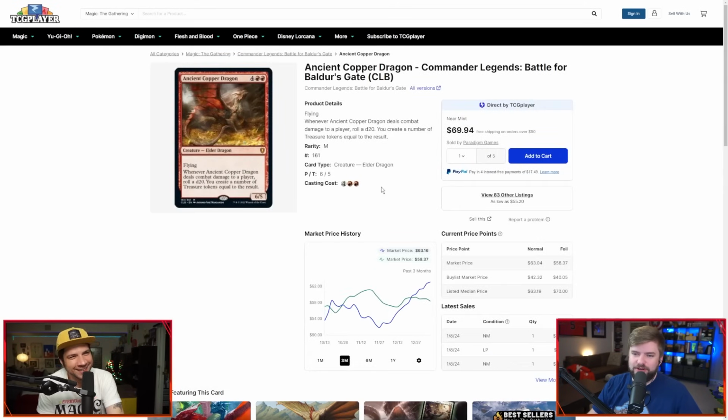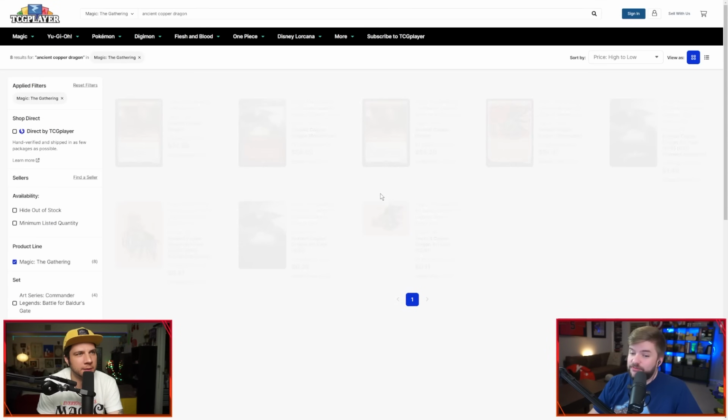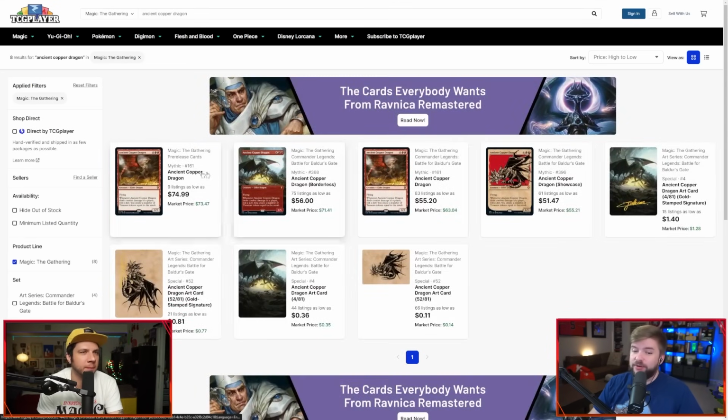This only showed up in 2022's Commander Legends, not actually a Commander Legends set, Battle for Baldur's Gate instead. But it's firmly printed, firmly landed right in the variant era. There are 4 different versions of this card between the pre-release and the regular, making that 3rd and 4th slot in just one printing. But yeah, $54 at this point to pick you up the...